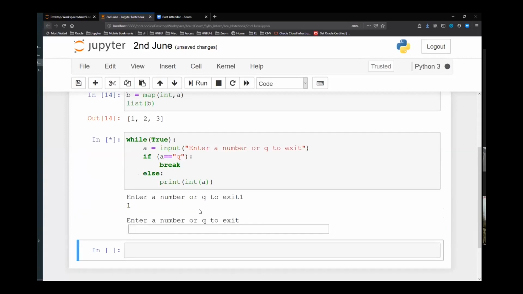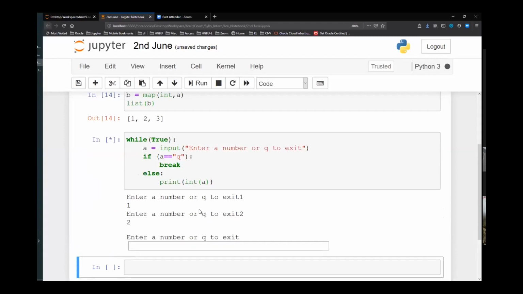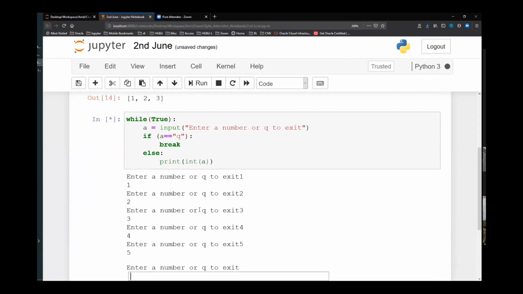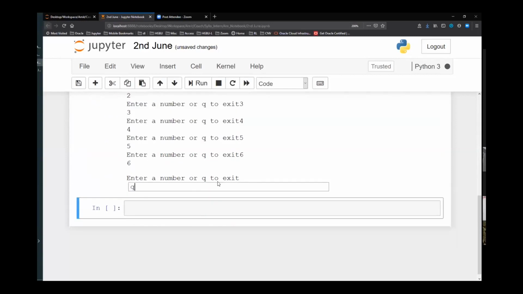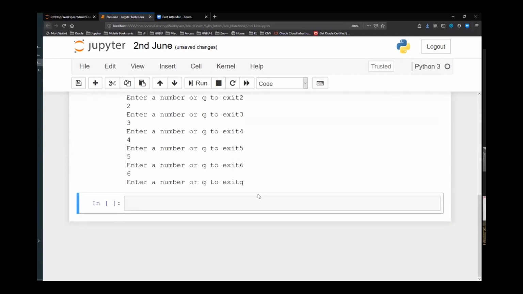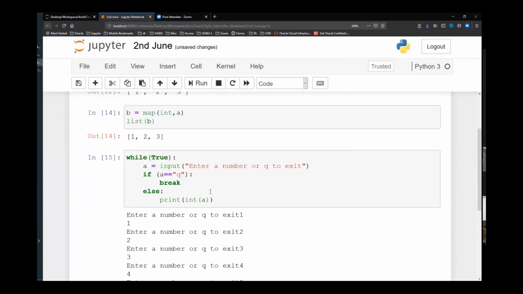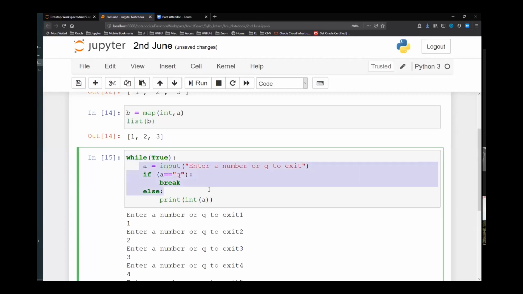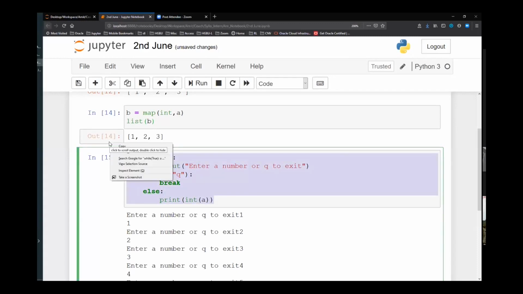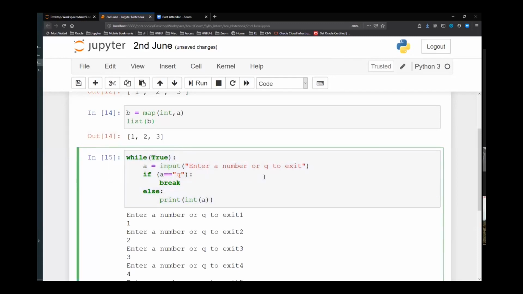If I hit 1, it will again ask for me to enter a number. 2, again it will ask. It will keep going on. And if I press Q, it is going to exit from the loop. So this is what? This is do while loop. Because if you see here, without any condition check, it is executing my while loop once, and then further it is checking. Don't you think we can implement a similar thing in other programming languages also, which are having a do while loop, and we do not require a do while loop as such, right?